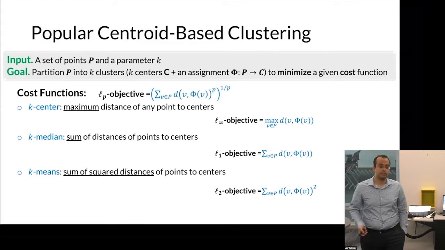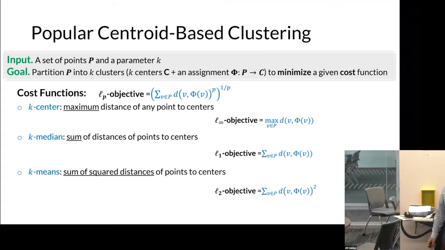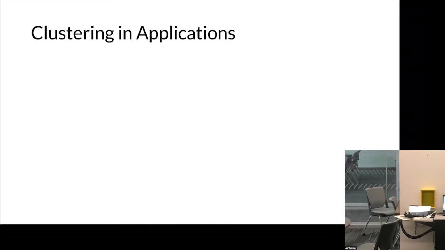In general, we can think of an Lp objective, as was the case in the previous presentation. So we want to minimize the p-norm of the distances of points to their closest centers. It is NP-hard, and we know constant factor approximations in the standard setting. That's fine. But today I want to talk about the fairness of clustering,